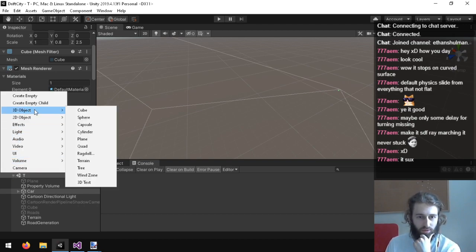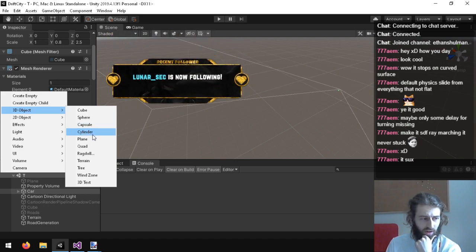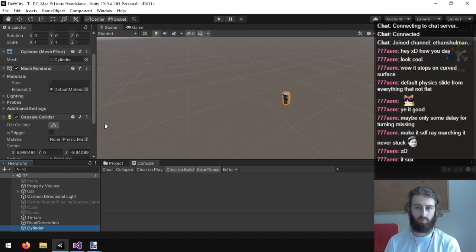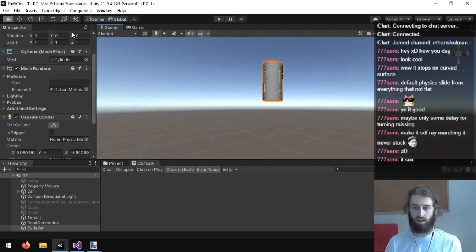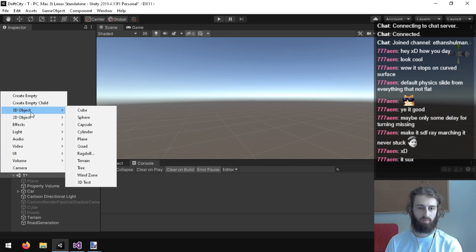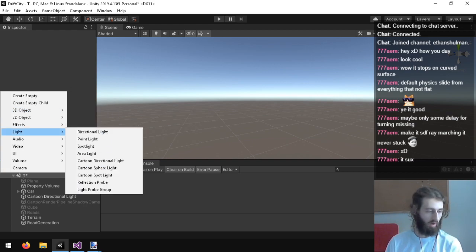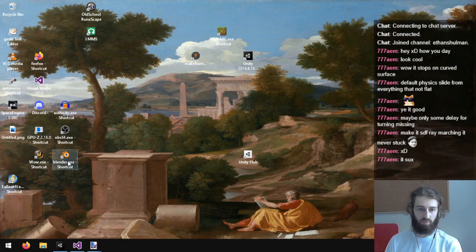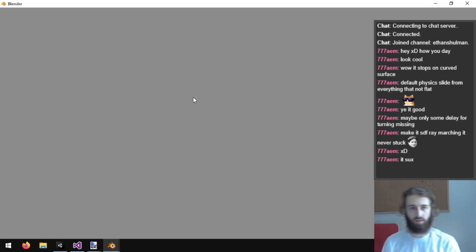Are there any shapes built in that are shaped like a loop-de-loop? I am impressed. Maybe a cylinder or capsule? I guess because you can't go inside a cylinder or capsule. Huh. Alright, hold on. We shall open Blender and we shall make a loop-de-loop, because I kind of want the driving physics to work with a loop-de-loop.